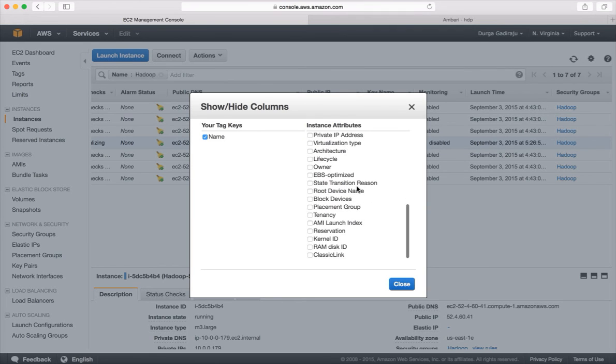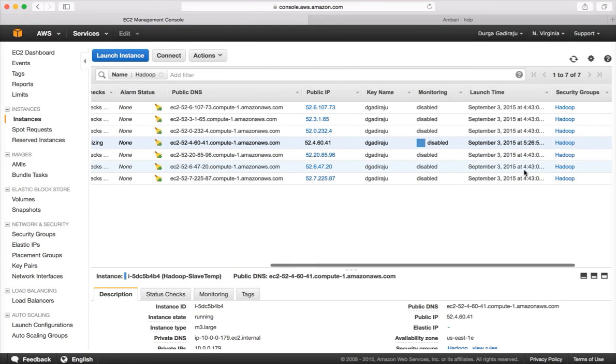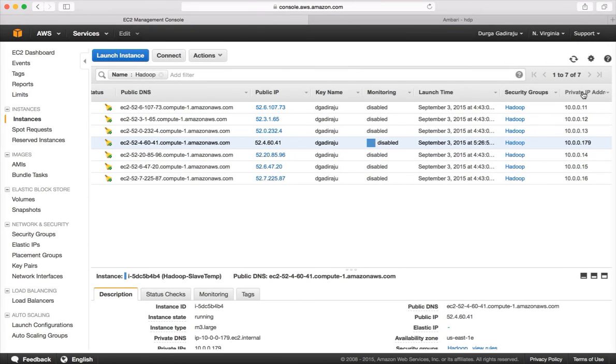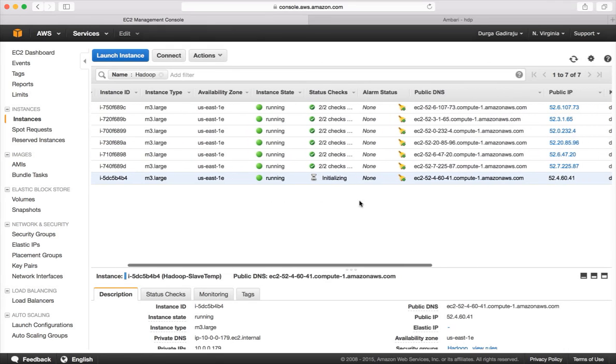Let me add the private IP also to the list. Private IP address, close, and then I want to sort on the private IP. And our last node is the one which is added just now. Okay, so now you can connect to this through the gateway, because typically we will not use public IPs like